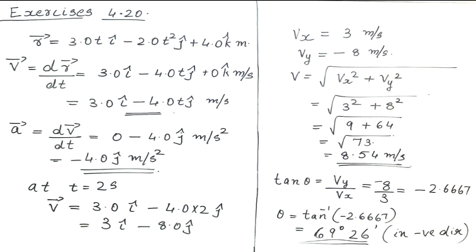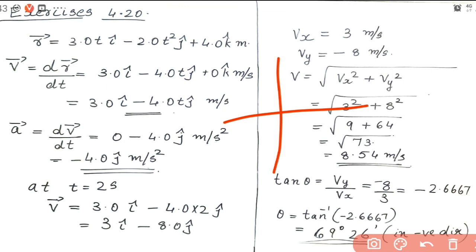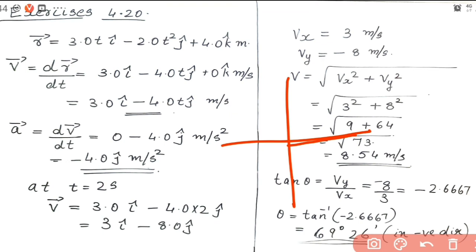So that negative sign shows that the angle is taken in the negative direction. What I mean is, usually the angle is measured with respect to the x-axis in the anti-clockwise direction. So when we say the angle is negative, it means it is measured from the x-axis in the opposite direction. That is what we mean by that negative direction. Otherwise, usually how we express or measure an angle is from the positive direction of the x-axis. So this is what we mean by a positive angle. Okay, so here this angle is positive.